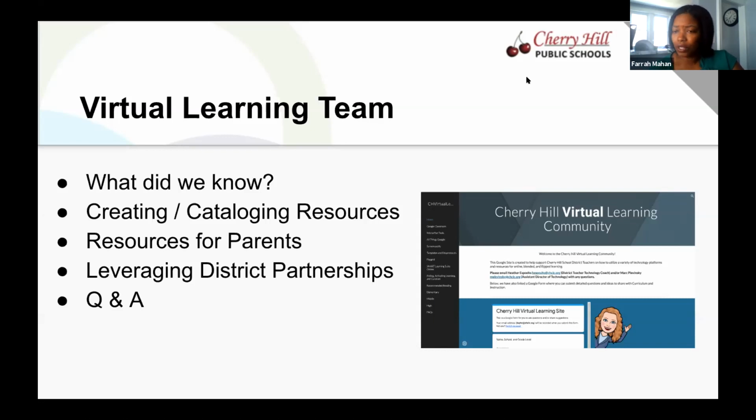So we did have resources for parents as well. The teacher side looked a little bit different than the parent side, but many of the resources mirrored each other. And Marc had alluded to earlier that we had set up a student support email that was also available on the parent resource side, because we wanted to be able to support parents not only with technology, because we had distributed all of these devices, but we went an extra step further in that if parents called and they